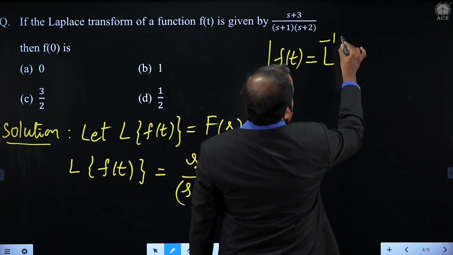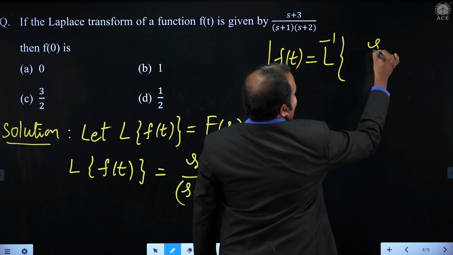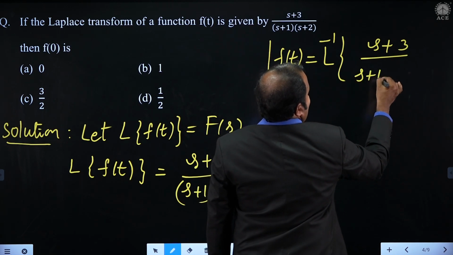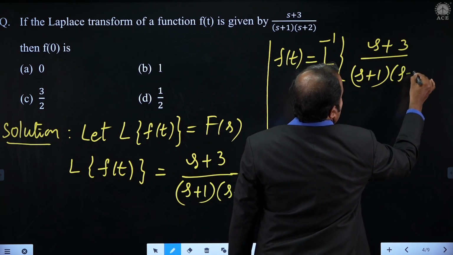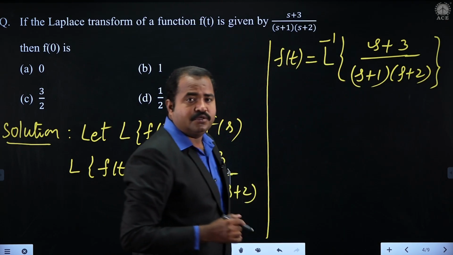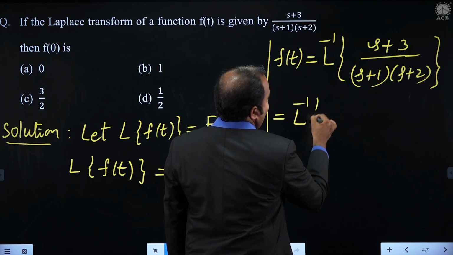So the inverse Laplace transform of (s plus 3) by (s plus 1) into (s plus 2) only, right? So this is equivalent to the inverse Laplace transform of,